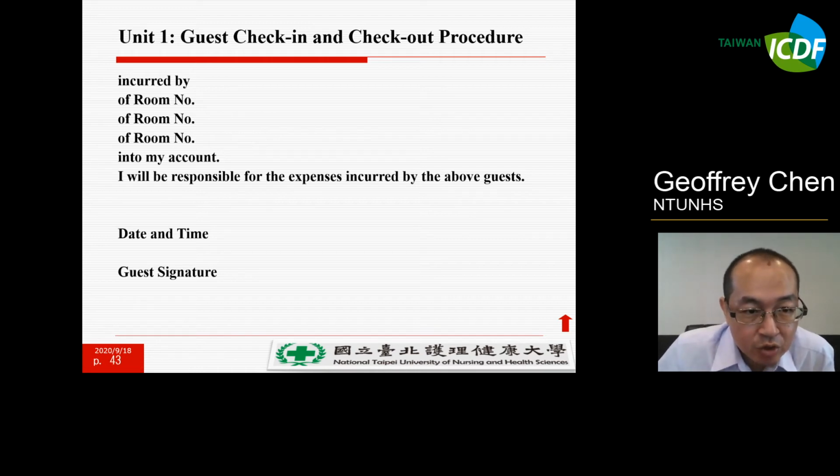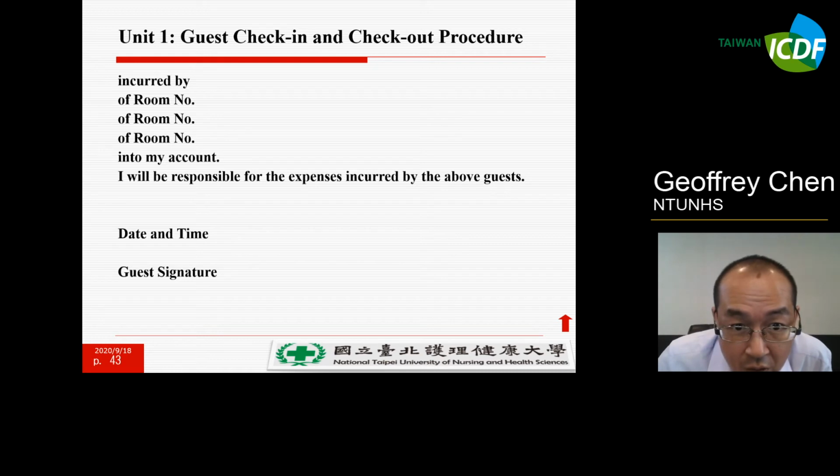And then make sure the guest will be responsible for the expenses incurred by the other guests. And then take a note of the date and time and the guest's signature.